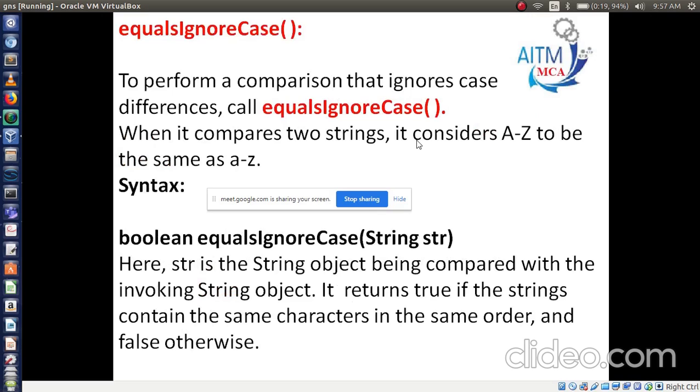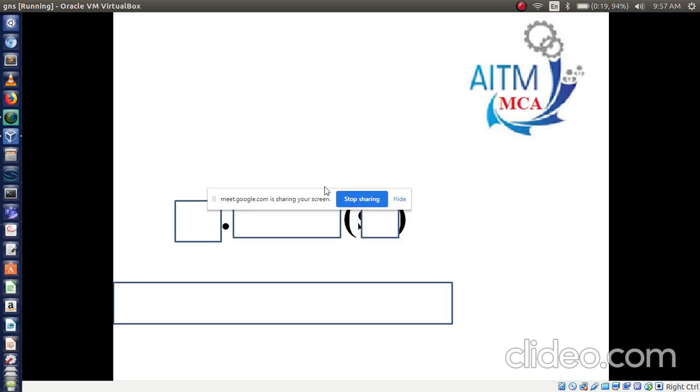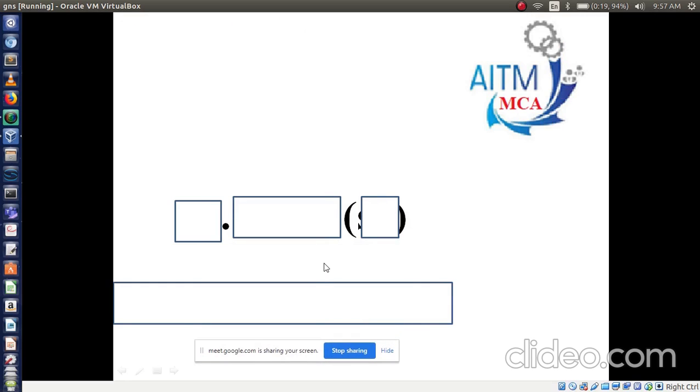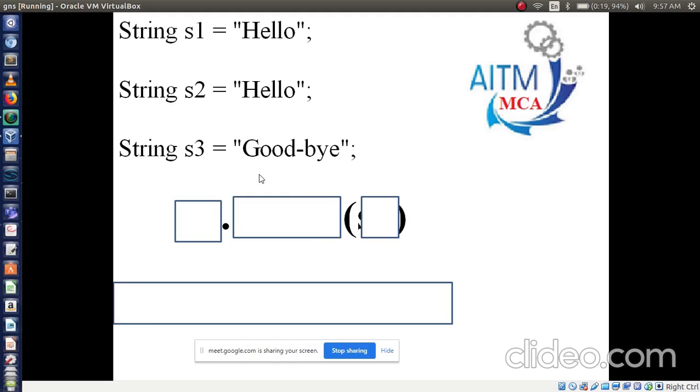So let's see one example. From that also you will understand. Let's see. Now here, how many strings are we using? Three strings. S1 has hello, S2 has also hello, and S3 has goodbye. Now I am applying one method.